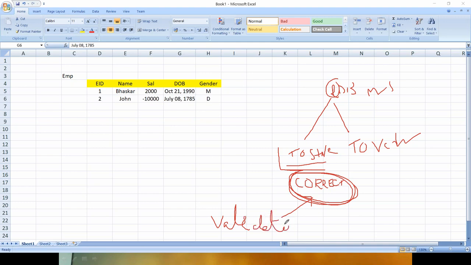Clear? For example, you go to the airport. There is a police, a security check will happen. Stop. Show me your passport. Show me your ticket. Show me this. Show me that. Why are they checking like that? Because they want to ensure that you are a proper person.